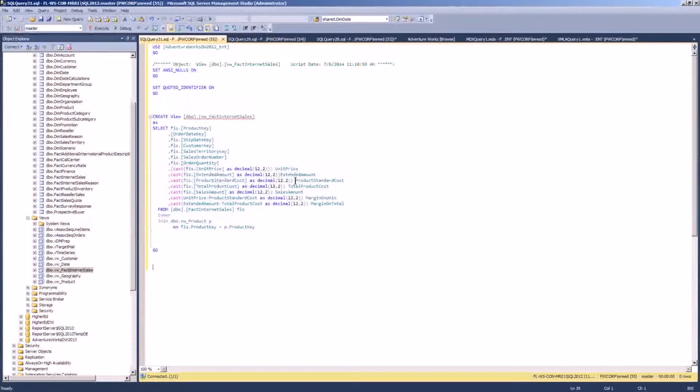If you think it needs to be something else, you can do them once you have the cube built. Actually, one more layer. You can create a named query in your cube, and you can do calculations there. And then you have measure expressions, and we'll go through all of this, and then you have the actual calculations. So there's a variety of places where you can put this sort of business logic,